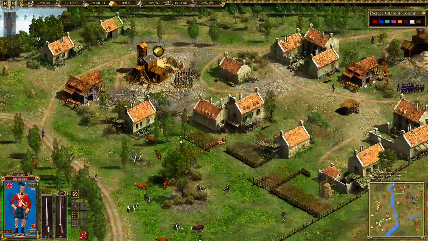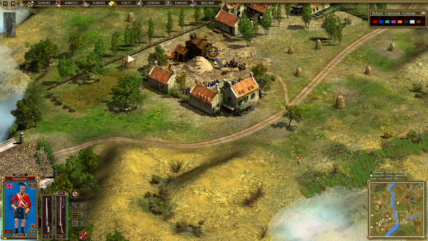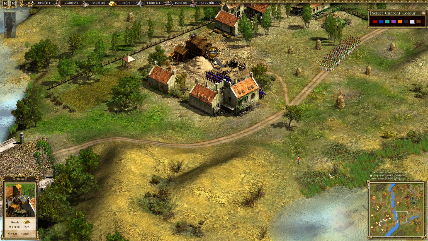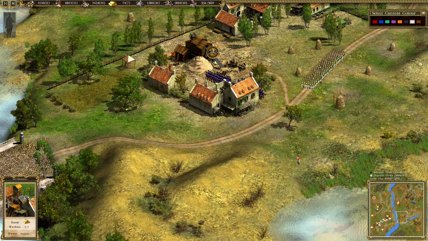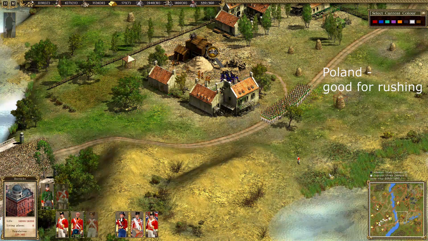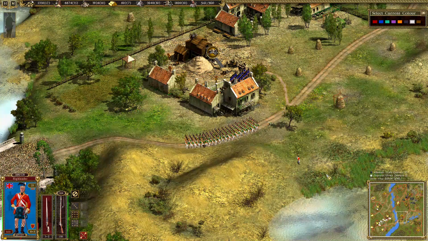And before the two opponents get in touch, we can talk a little bit about global strategies, because one of the players asked me if I could comment a little bit on which nation is good for which scenario. And let's just pick 2 of the 9 playable nations. So I think Poland is very good for rushing the enemy, because you can build stables very quickly right from the beginning,